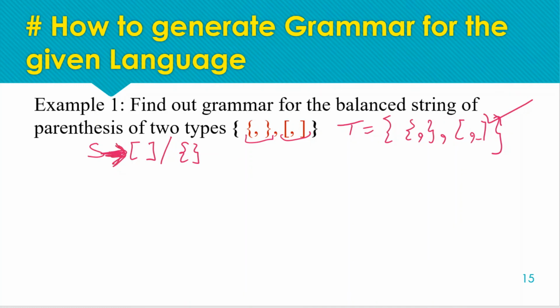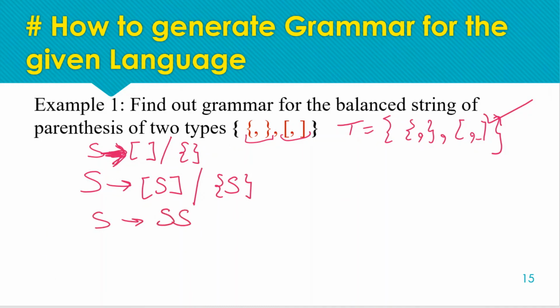The next production rule that we have to write is this. And for repetition of the complete grammar, we simply need to add this production rule, S goes to double S. So this will generate all the strings of balanced parentheses for these parentheses.